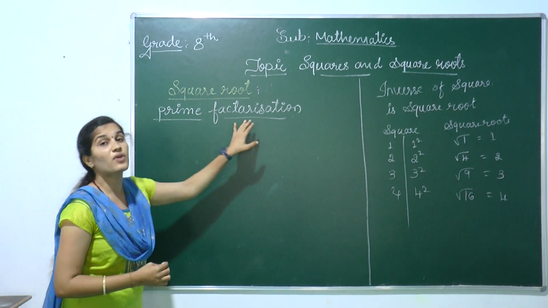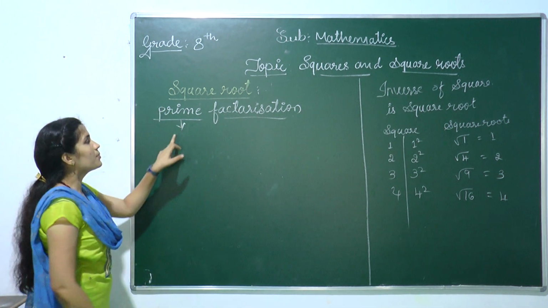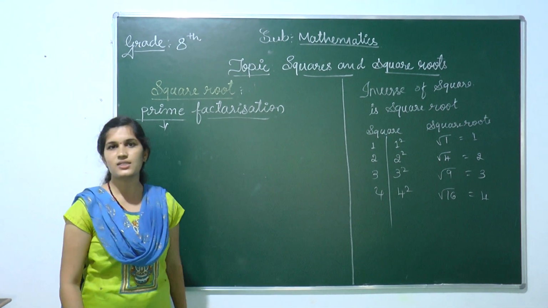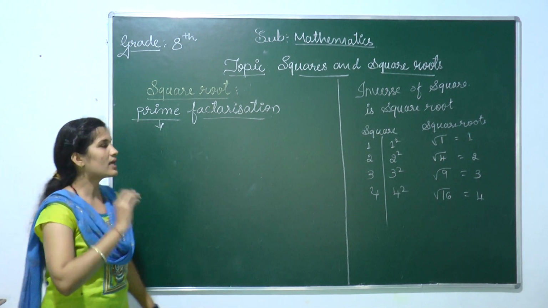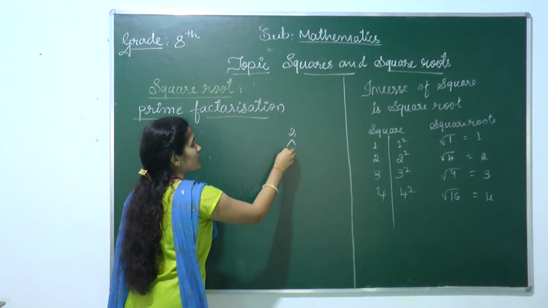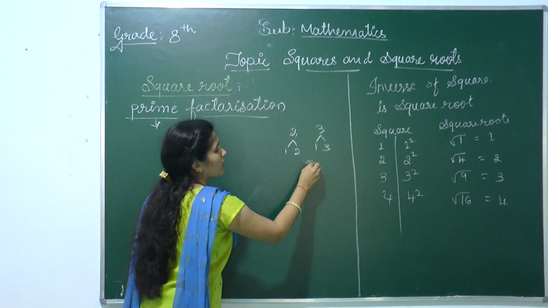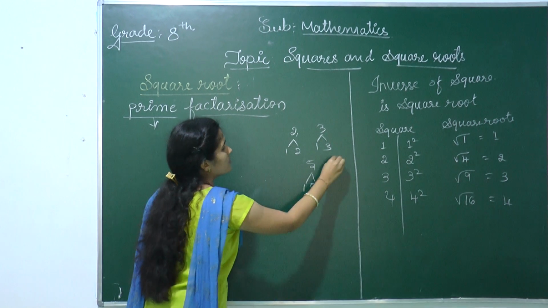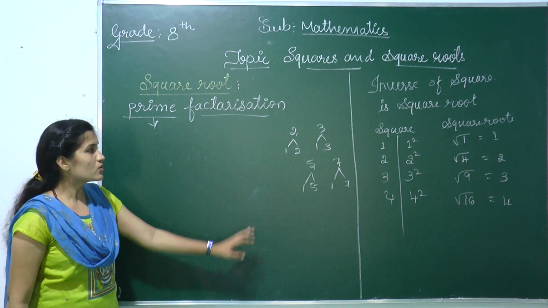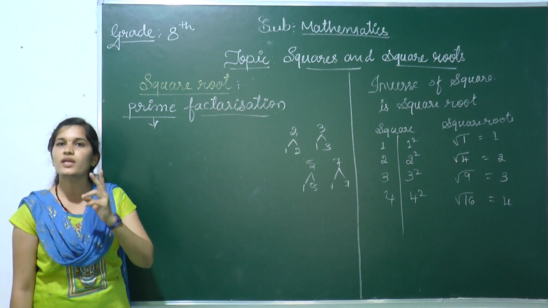Now, by using prime factorization, here it is very important to understand prime. Prime means here prime numbers. Prime numbers should have only two factors, that is 1 and the number itself. For example, 2 is a prime number because it has only two factors, 1 and 2, and 3 is a prime number, 1 and 3 are the factors, and 5 is a prime number, 1 and 5 are the factors, 7 is a prime number, 1 and 7 are the factors. Got it? So 2, 3, 5, 7 are called prime numbers just because they have only two factors.